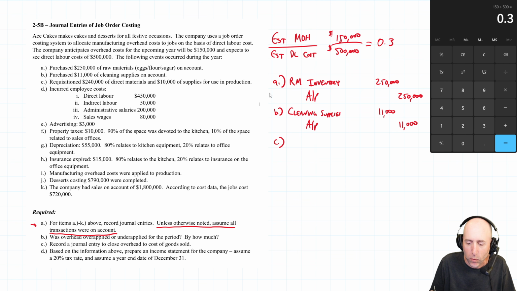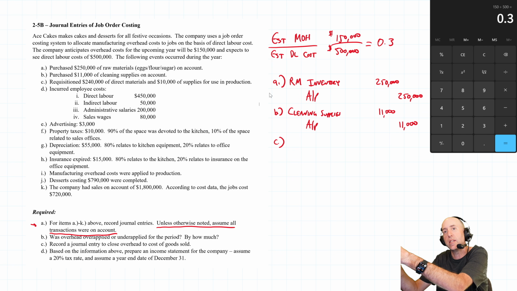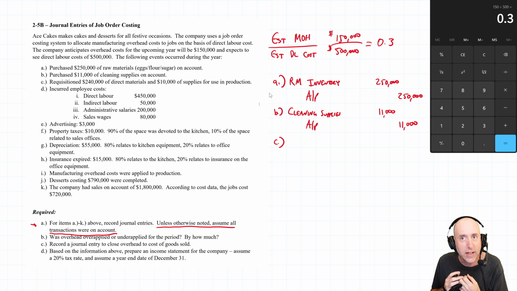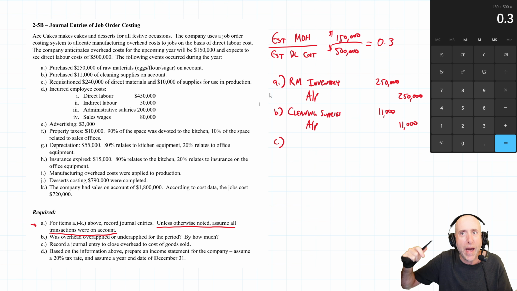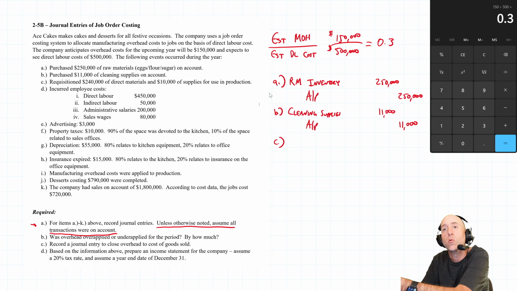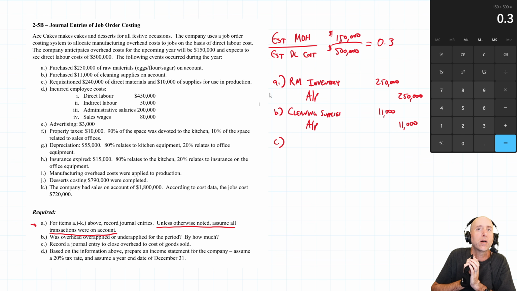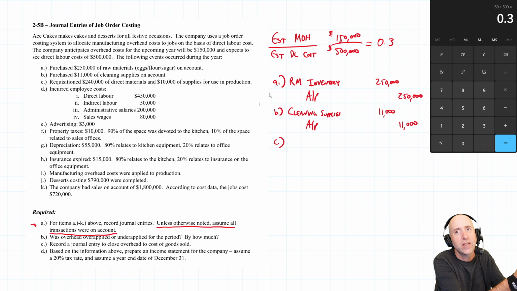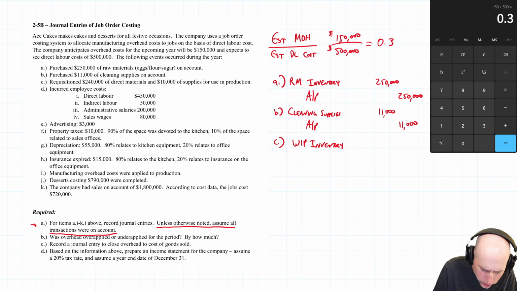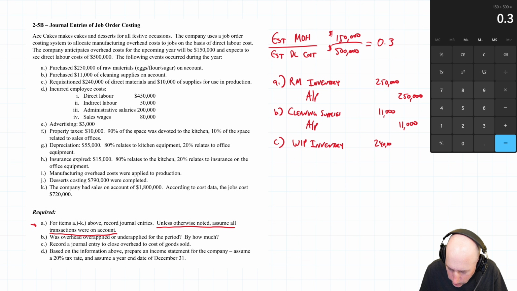Okay, so what does that look like? Well, what we're saying is when it's sitting in the storage, in a refrigerator or a pantry, we call it a raw material. When we bring it into the kitchen, we start making a batter out of it. We start making cakes out of it. It becomes work in process. So when you requisition it, you're saying it's no longer a raw material. I'm starting to work on it now. It's work in process. We debit WIP inventory here for $240,000, and we credit raw materials inventory